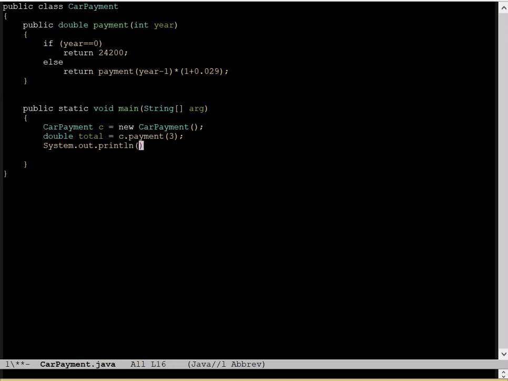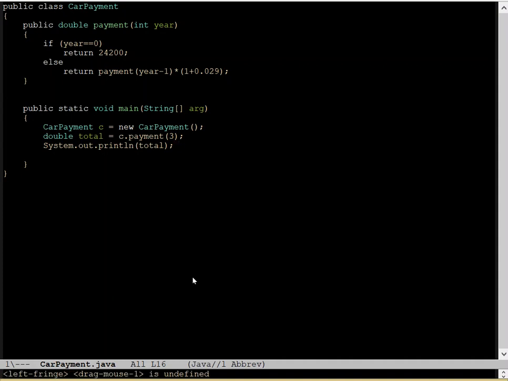So print total. All right. So with this, I'm going to compile this. You might compile this using whatever programming tool you use. I'm using a kind of an old school one, but if I run this with car payment, you'll see down here I get the result,